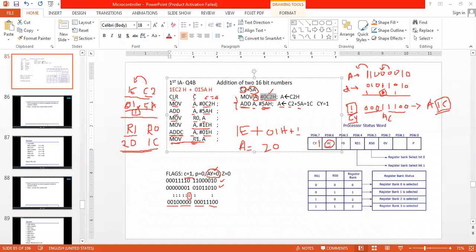And the last instruction is there, no? Move R1 comma A. So whatever the 20 value is there, that is going to be loaded into R1. A will also be having 20 and R1 will also be having 20. Understood?